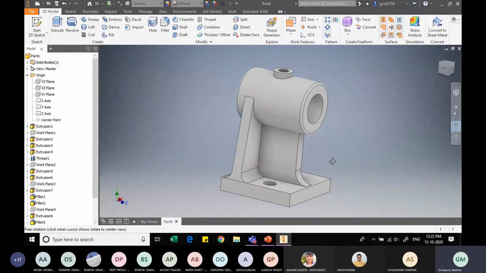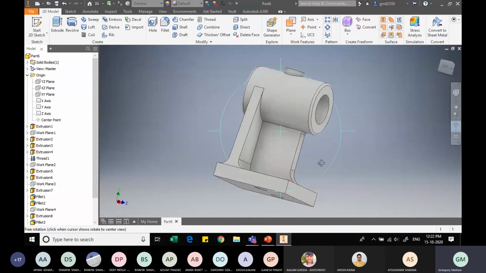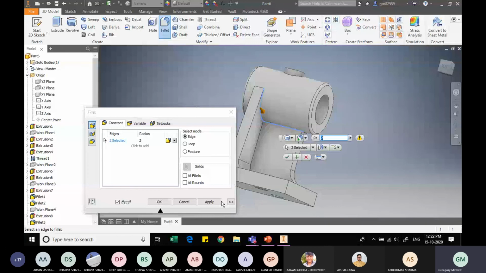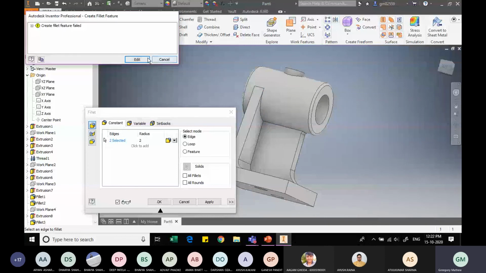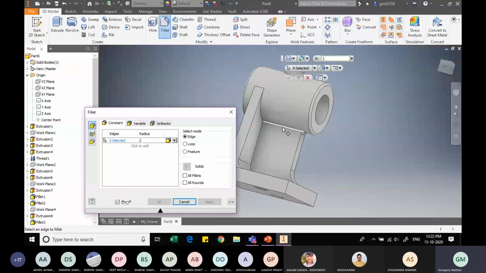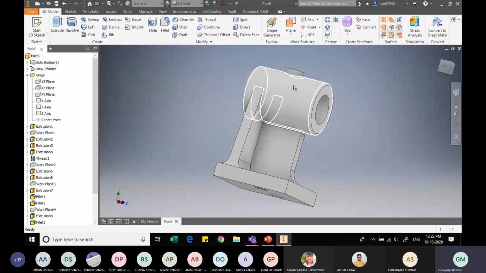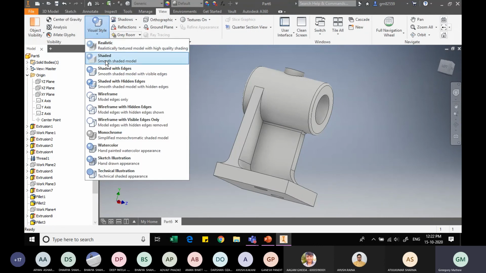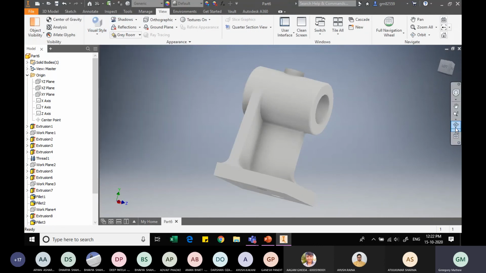Now it is pending. All the pending areas, we will just apply fillets. Fillet. So we'll just apply a fillet here. And now we will change the visual style to shading.